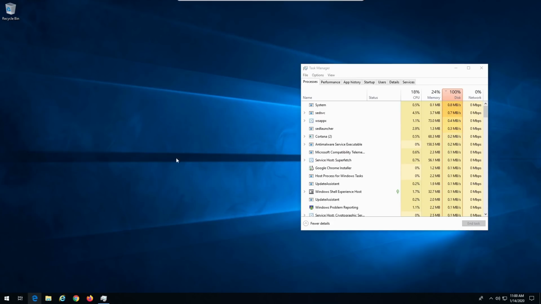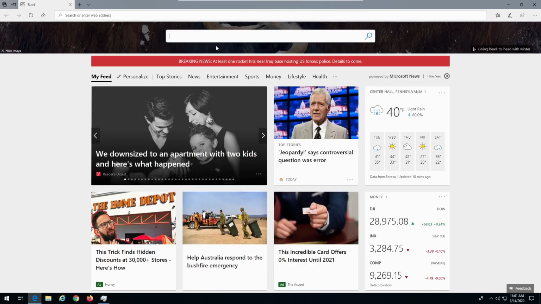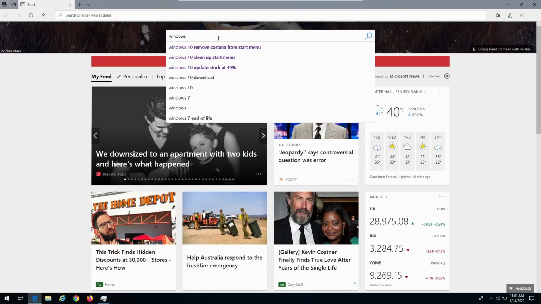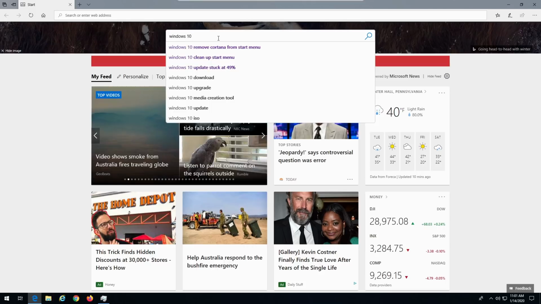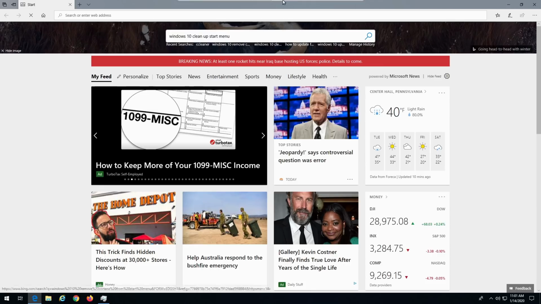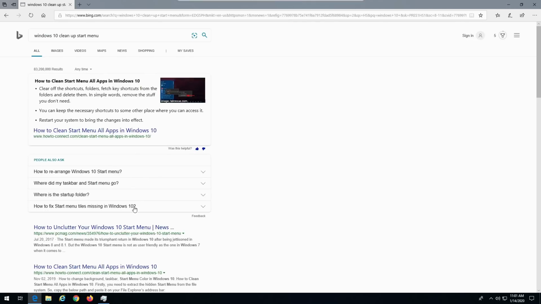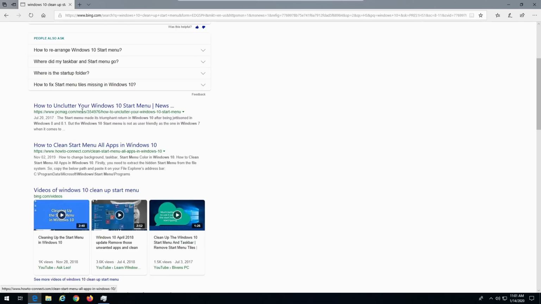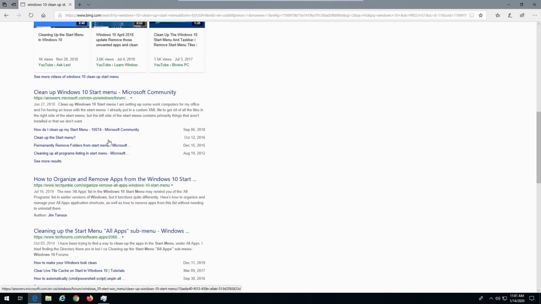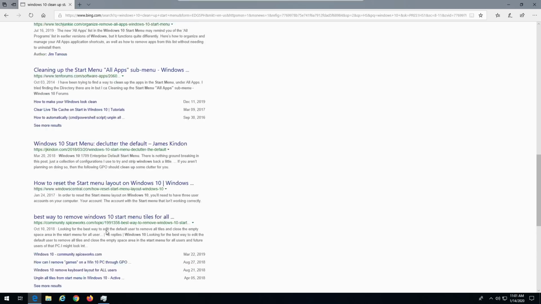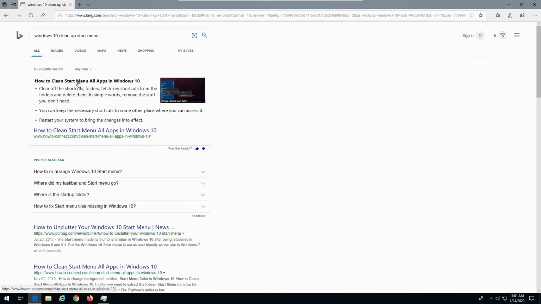So let's figure out how we customize the start menu here. So let's go Windows 10. Of course, it's going to take a while for this to be ready because of the disk spinning at 100%. So let's go Windows 10 and let's look at the cleanup start menu first. It is remembering a few of the history things that I do want to show you here today. I think the one that I went to was How-To Geek, I thought. Let me just go back up here.